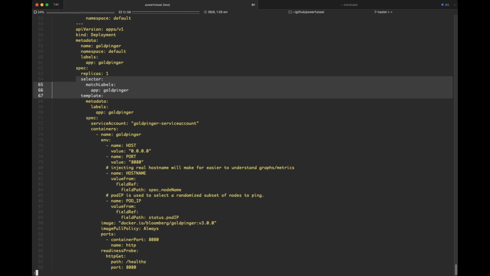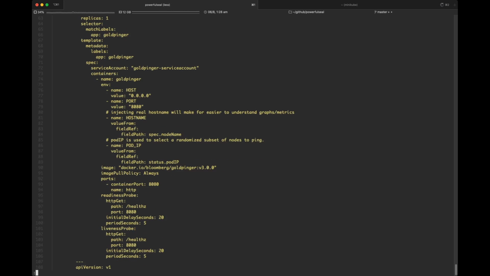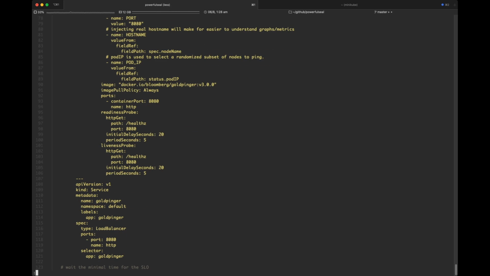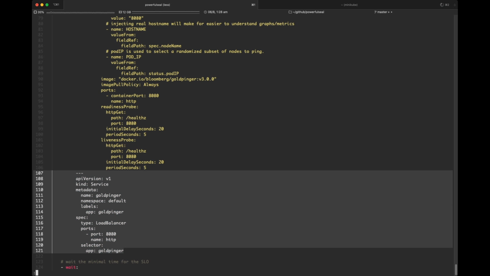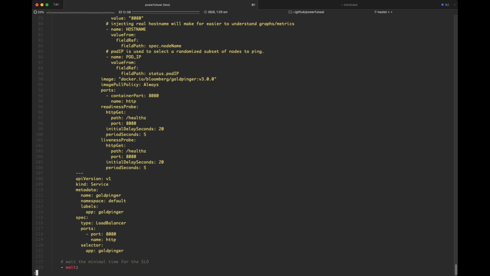It has a selector, it uses a service account that we just set up, and a bunch of variables here that are not particularly relevant to us right now. This is just to make sure that things are working. It also comes with a liveness probe and readiness probe, so that we know that if we can ping it, it was able to verify the probe initially. And finally, we've got a Goldpinger service, a service that we're going to use to actually issue a request.